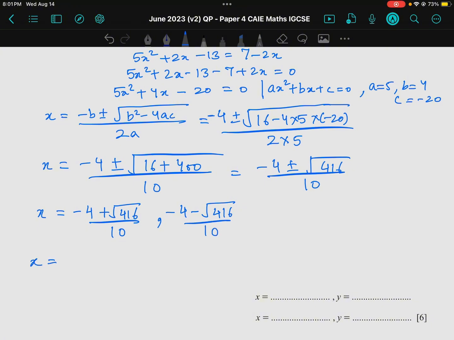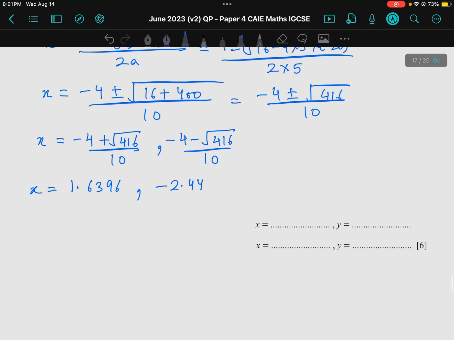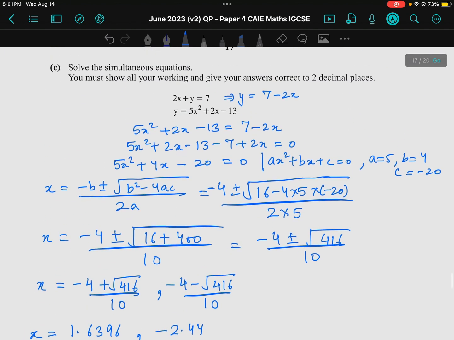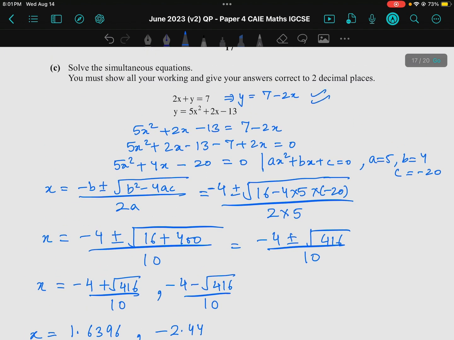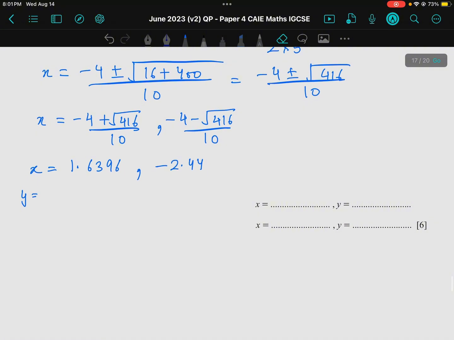Put this in your calculator. So one value you will get 1.6396 and the other value you will get minus 2.44. Okay, so when you put this value of x in y equals 7 minus 2x, from here you will get two values of y, which is when you put in place of x 1.6396, then the value for y is